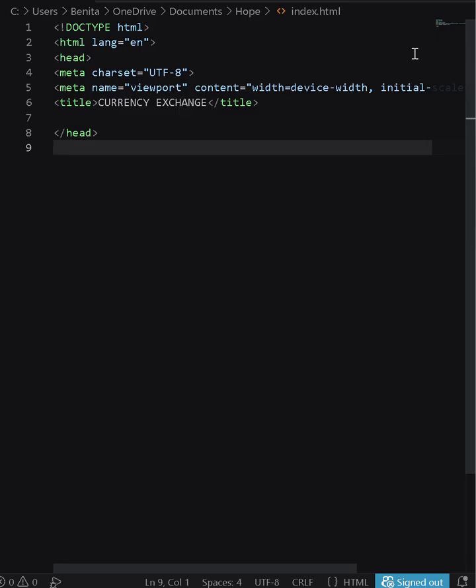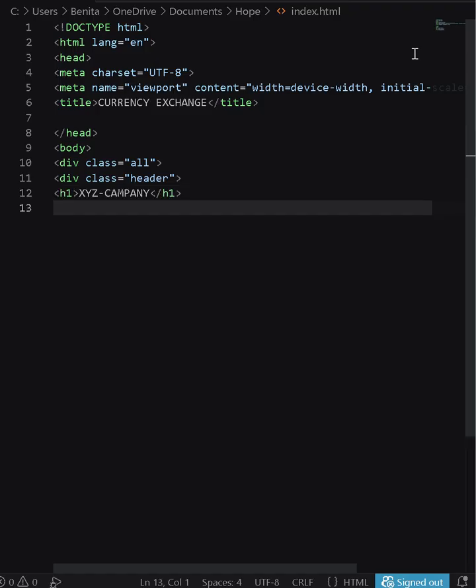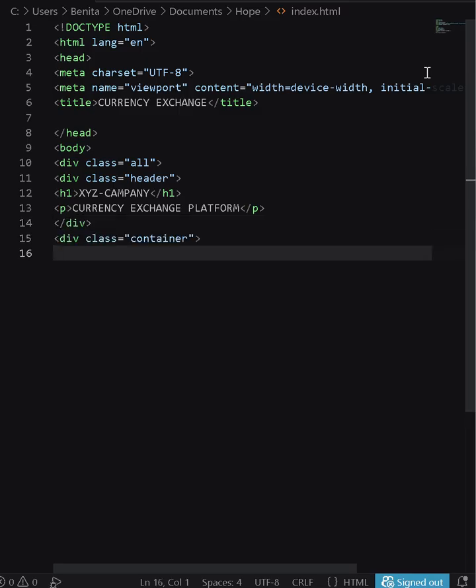Now let's close head and then body and then division class all. This assigns the name of this division so CSS can target it, and this division class header, and then write h1, which is XYZ company. This is the name of the company, and this paragraph, currency exchange platform, will be written under the XYZ company, and then close division, and then write again division class container,